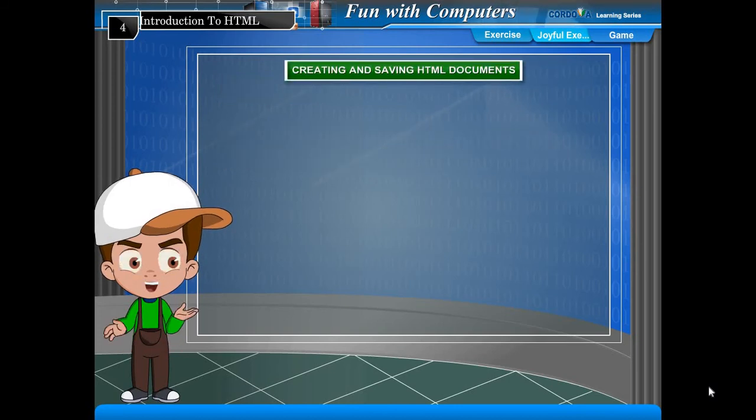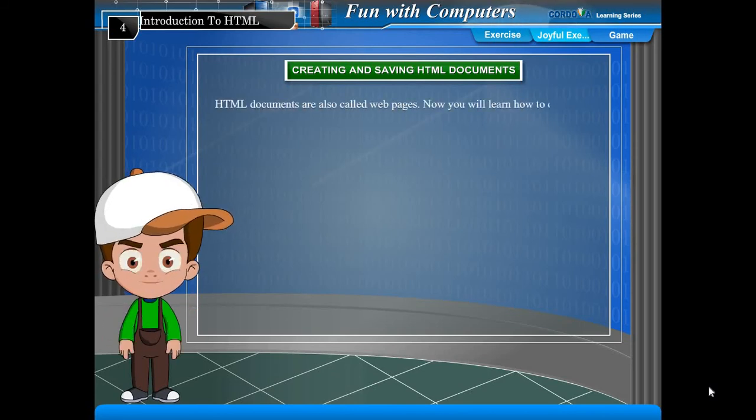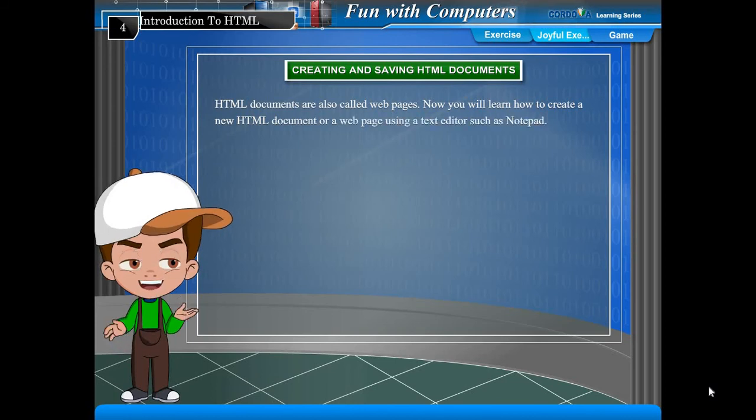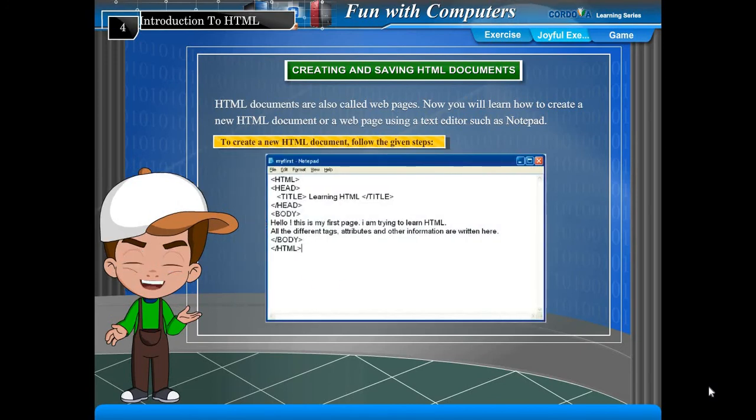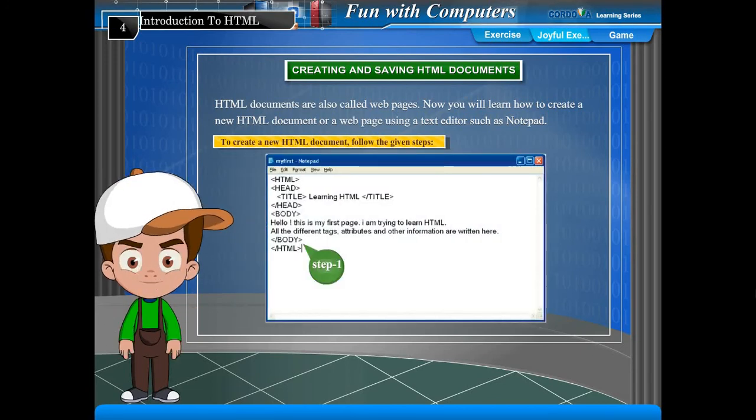Creating and saving HTML documents. HTML documents are also called web pages. Now you will learn how to create a new HTML document or a web page using a text editor such as Notepad. To create a new HTML document, follow the given steps. Step 1. Open Notepad and type the following text as shown.